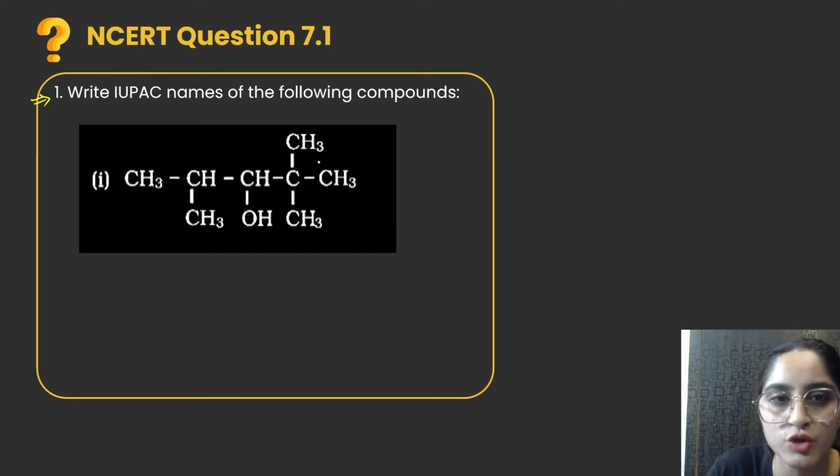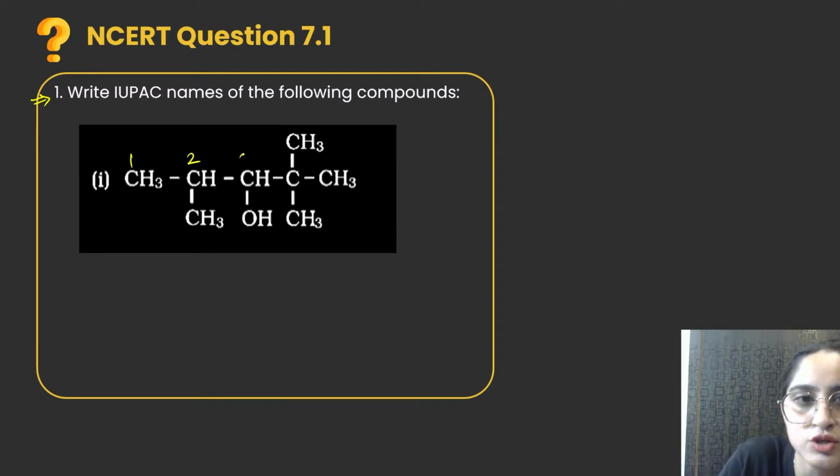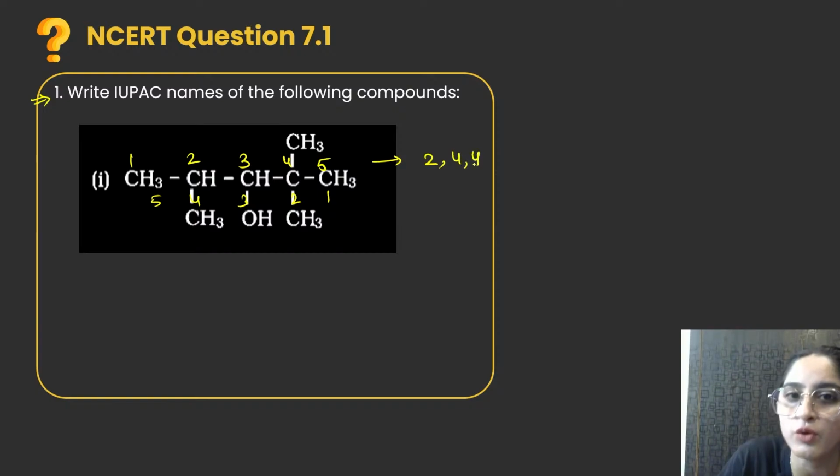So longest chain is going to be, this is, beta, I have two cases, right? Either I can select it by 1, 2, 3, 4, 5, or I can select it by 1, 2, 3, 4, 5. But I will prefer, see, if I select the upper one, it will be on the second you have a substituent, on fourth and fourth you have two methyl groups, right? If down here I select, then 2, 2 you have methyl, and on the fourth you will have a vinyl, okay? So basically I will prefer the lowest locant rule. According to that, this sum is 4 plus 4, it is 10, and here it is 4, 6, 7, 8. So I will select this one and not this one.